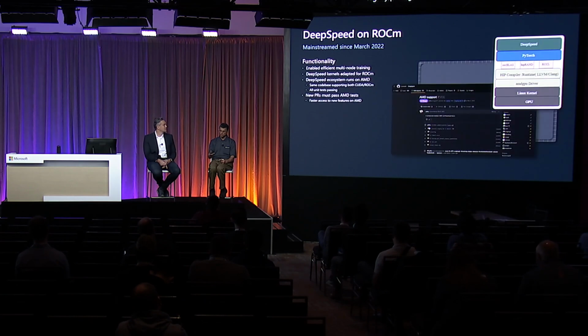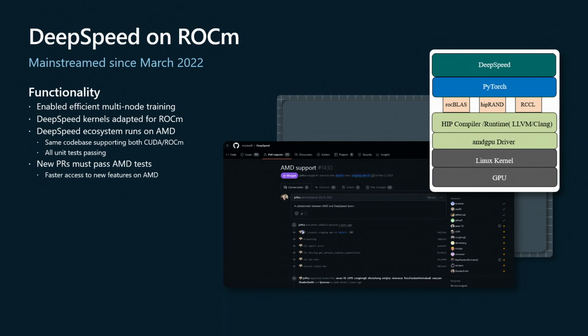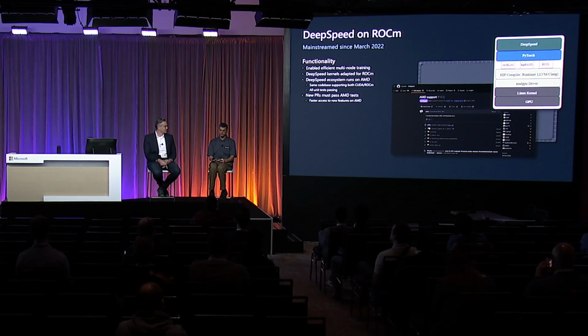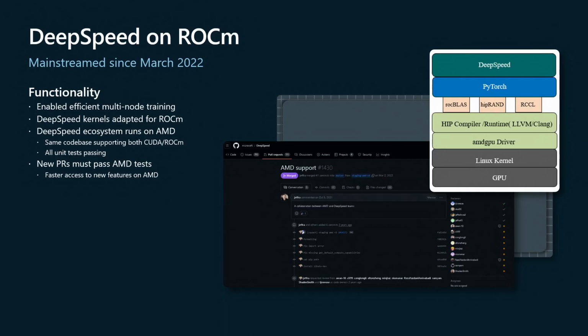The next one I want to quickly talk about is DeepSpeed on ROCm. Again, the bulk of this work was done by AMD engineers. There was a separate branch that was supported until around March 2022, and then in March it was all upstreamed into a single source. It's exactly the same kernels that were written for CUDA. We use all the hipification, all the stuff that you talked about, and then it's integrated into the pipeline.